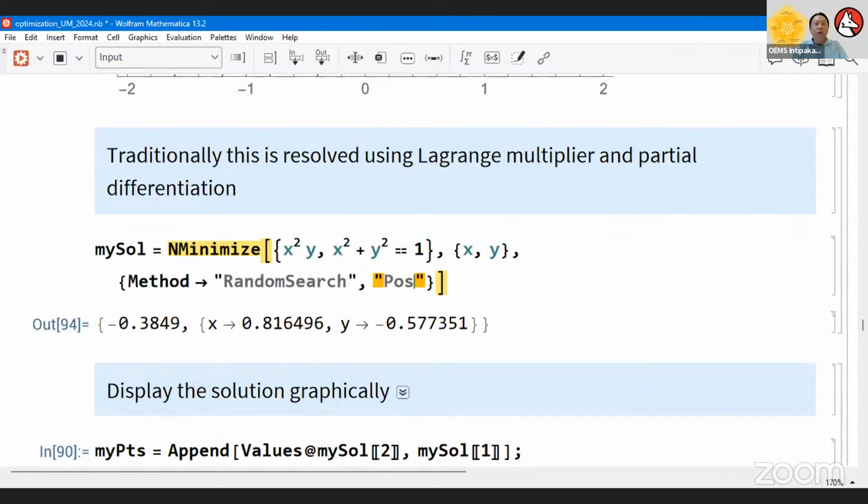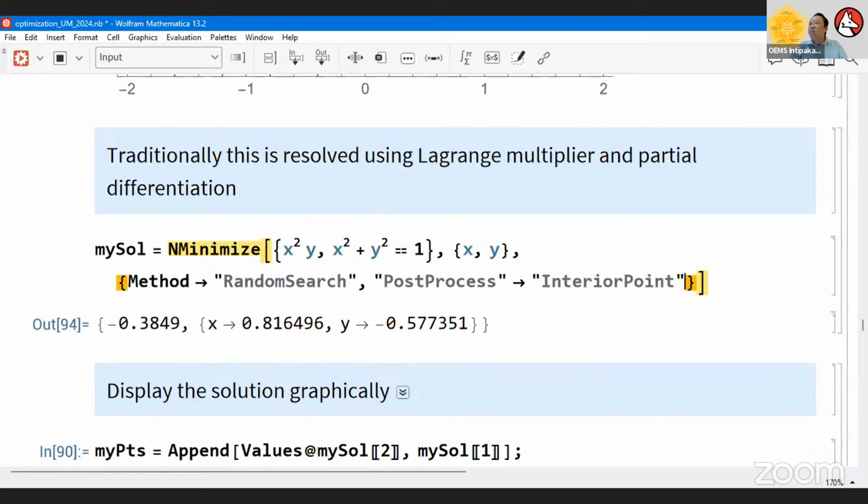I want a PostProcess. I say, give me Interior. I hope I spelled correctly.